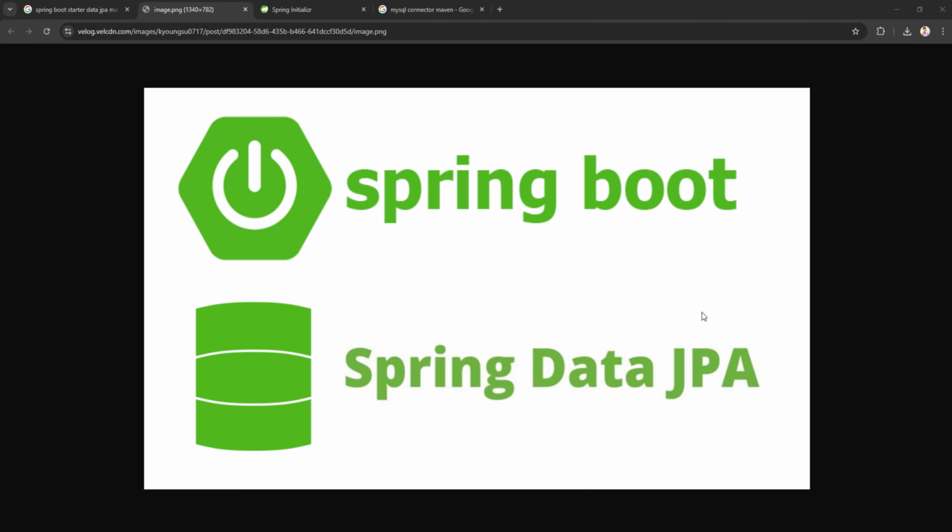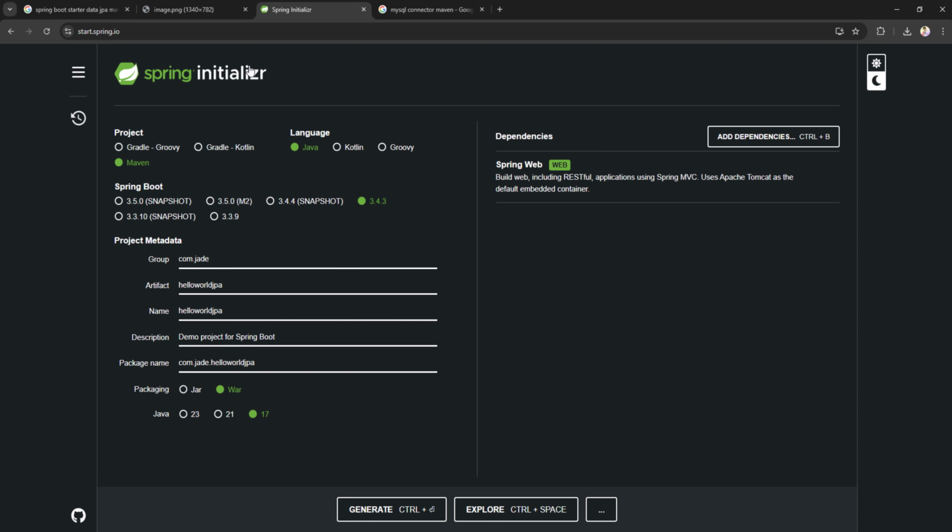Alright, now you need to create a new Spring Boot project. To do that, you go to start.spring.io and create a project with this configuration. For me, I just changed the project metadata like this, and for you, it's up to you. Anything you can put here. But the very important thing is that you need to add the dependency Spring Web for every project that we're working with the Spring Boot,